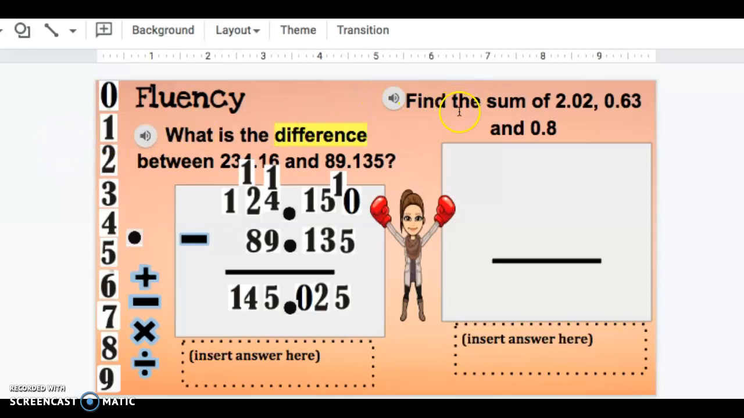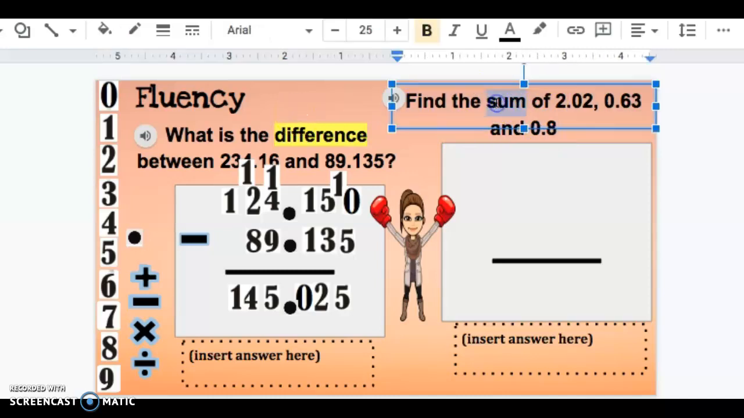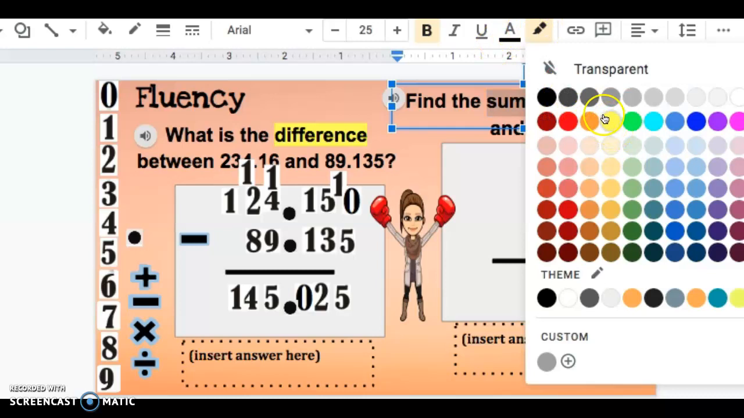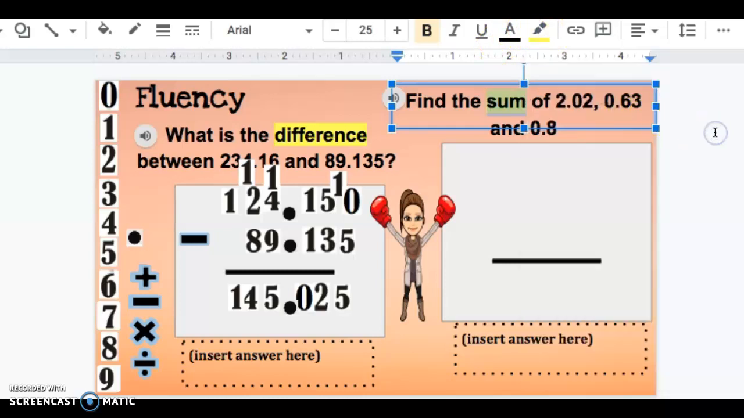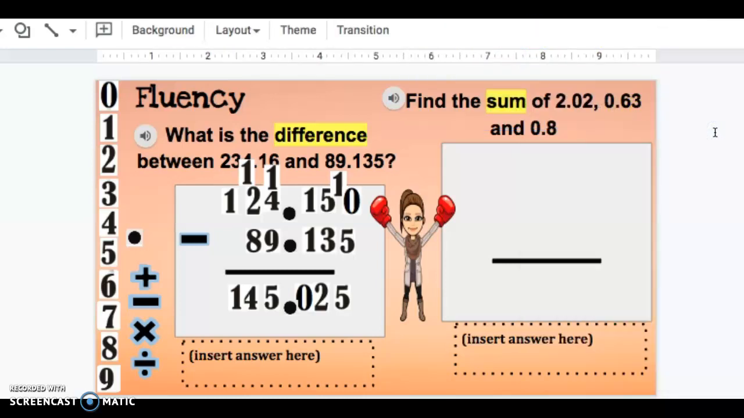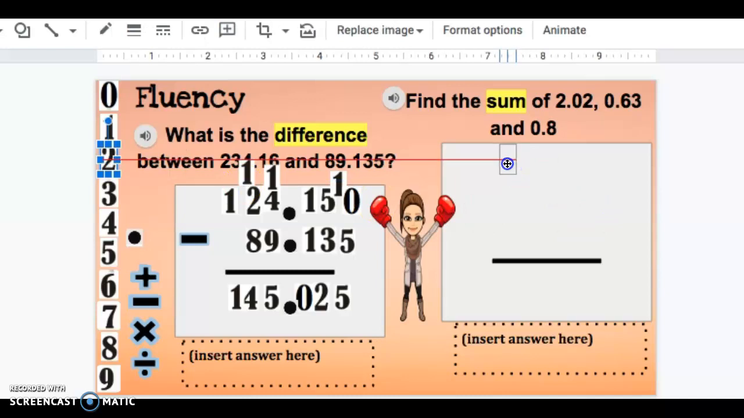Okay, my next question says find the sum of 2.02, 0.63, and 0.8. So that's 3 numbers, and I have the word sum, which tells me, I'm going to highlight that, that I am adding, because a sum is the answer to an addition problem. So I have to start off by putting 2.02